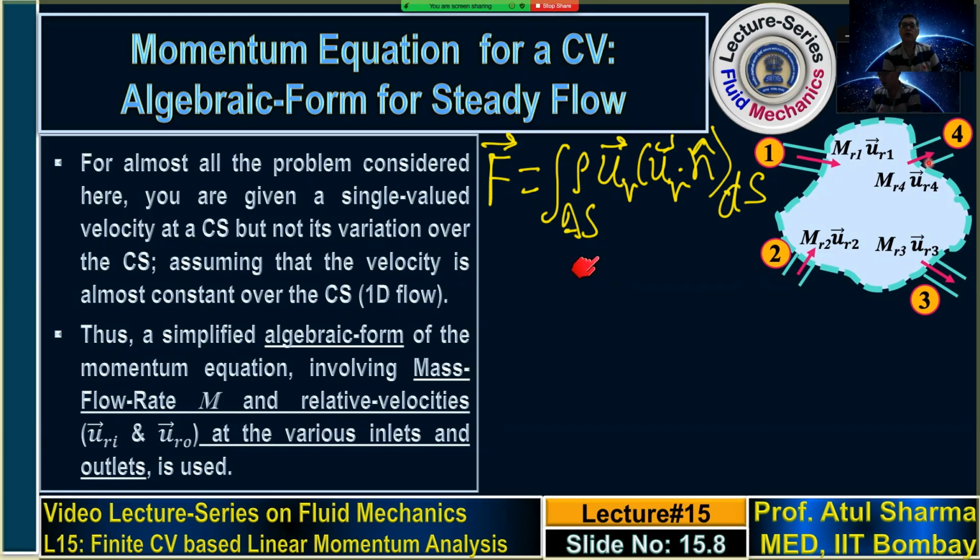So if you take all the 4 surface integrals, this UR, the relative velocity at 1, is not varying over the cross section of this surface. So we can take it out of the integral and we can express this in a simplified form where we can write F is equal to